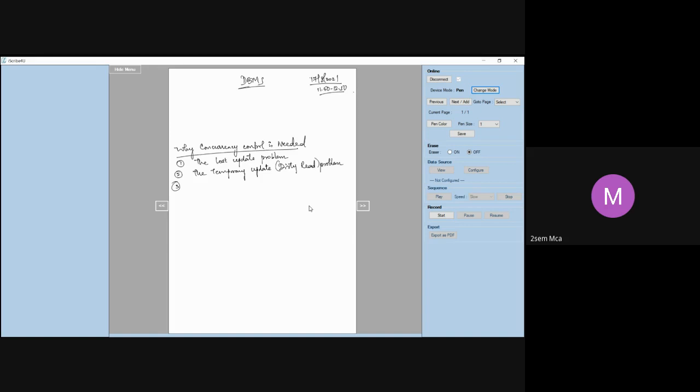The third issue is the incorrect summary problem. These are the three issues we have to deal with, which is why we require concurrency control. Let us look into each one of them with an example, and then we will go further.